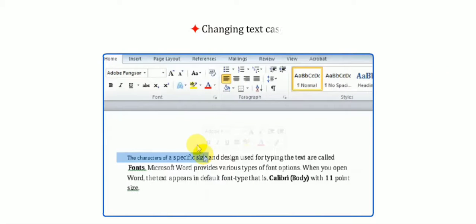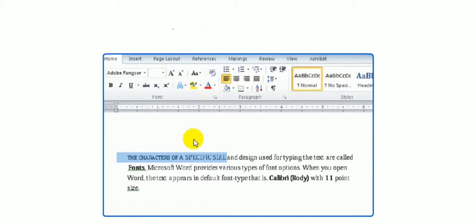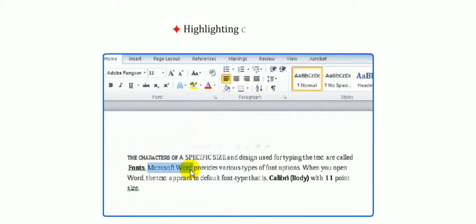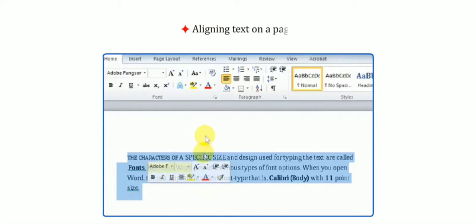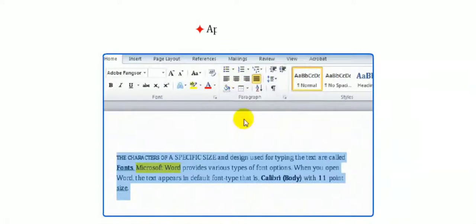You can also change text case, that is capital and small, or a combination of both. Next, you can highlight certain words. You can also align your text on a page, that is left, right, center.